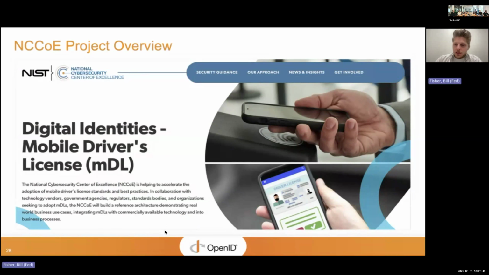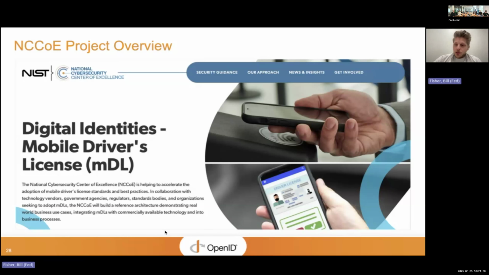The applied element in that name means that we aren't the ones going out and writing the standards, but rather we're trying to help advance the standards and get standards and best practices adopted by working with communities that have cybersecurity business challenges and bringing together commercially available technology, standards and best practices, regulatory bodies, government agencies, any number of players in an ecosystem to try to move that ecosystem forward, create more cyber secure systems, and to advance the adoption of standards and best practices.